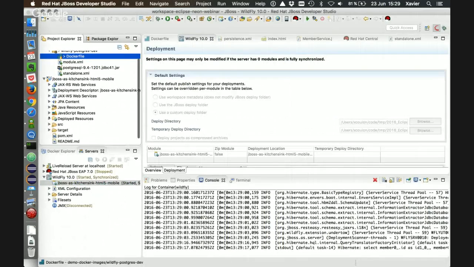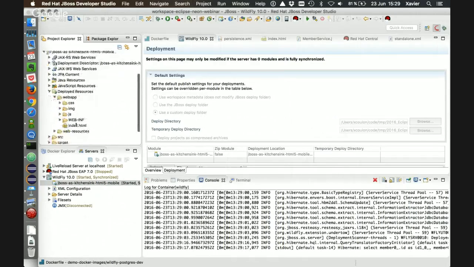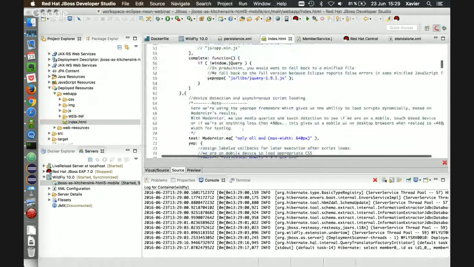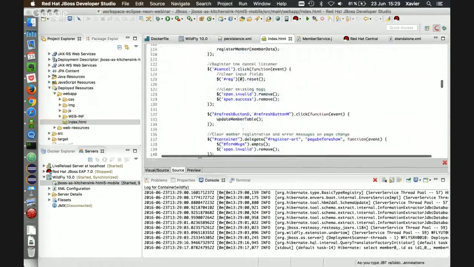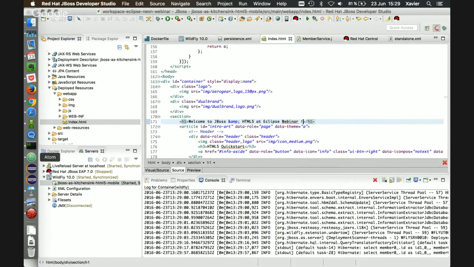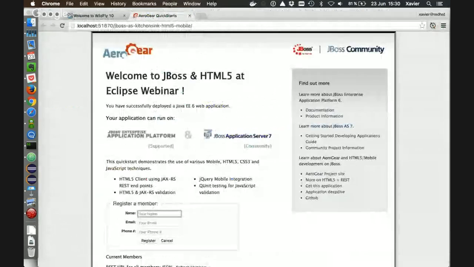I can see, for example, my index.html page, which has been deployed. And I'm going to make some small change. Welcome to JBoss HTML5 at Eclipse webinar. Okay, I just saved. And if I come back here to Chrome, my page has been updated because we have